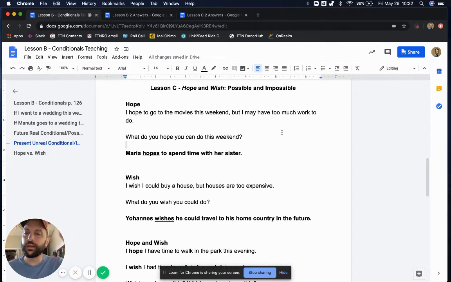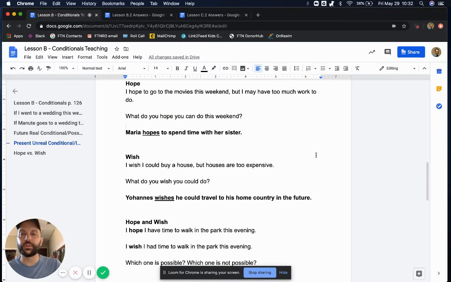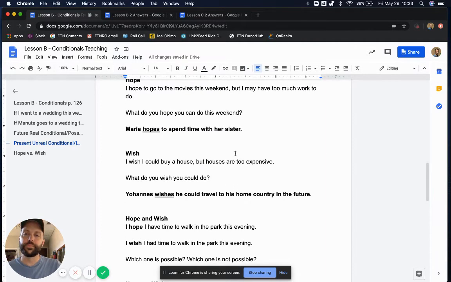Now, compare that to wish. I wish I could, and notice something that happens here. Okay? Here we had, I hope to go. Okay? Hope, and then it's the infinitive, to go, right? Here, I wish I could. All right. Remember in the previous lesson, in lesson B, when we're using could,